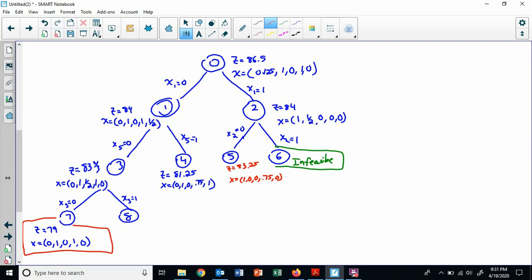Because remember, that would save us some calculation, right? As you work down a branch, the z value only gets lower. So if I end up cutting here and I get 77, then there's no need to branch anymore, because even if they come out integer, they will be less than